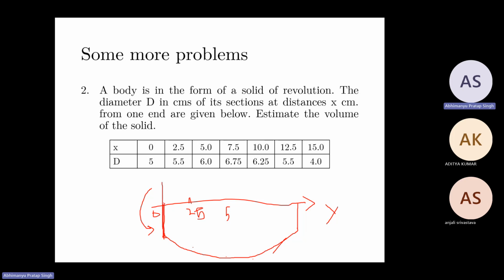This would be a circle of diameter 5, and then a circular disc of diameter 5.5. Similarly, a disc of 6. We can calculate the radii, which will be half of these, and then get the area of this disc, pi r squared. Similarly, the area of this, pi r squared, and then we simply need to integrate all those areas in this direction,